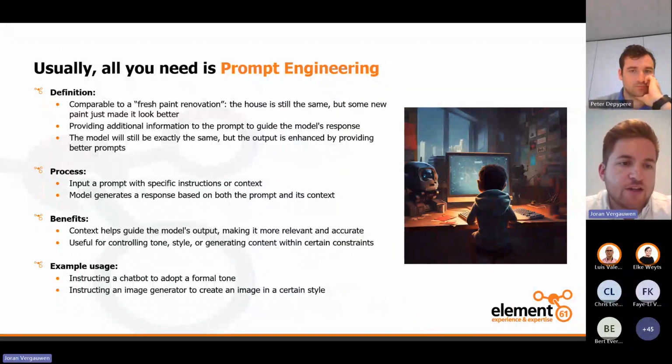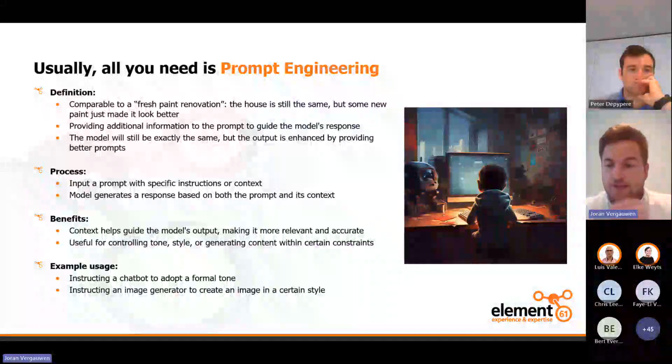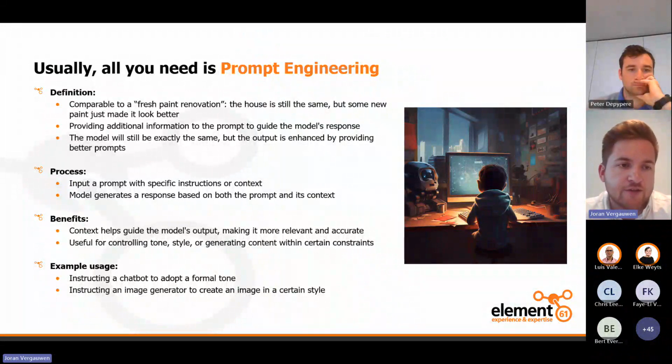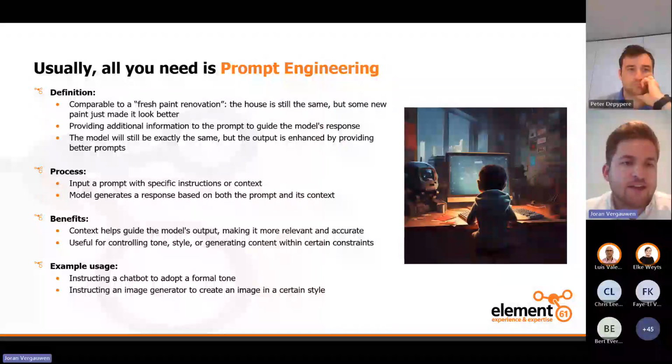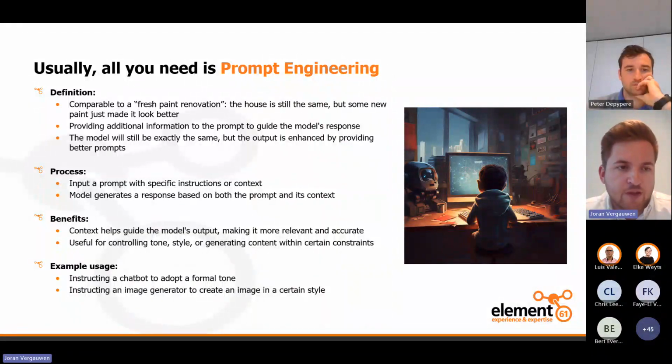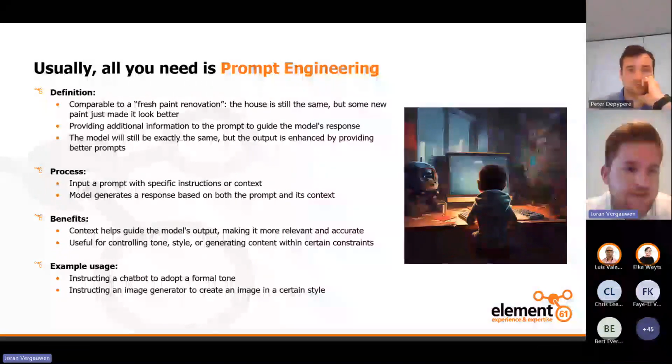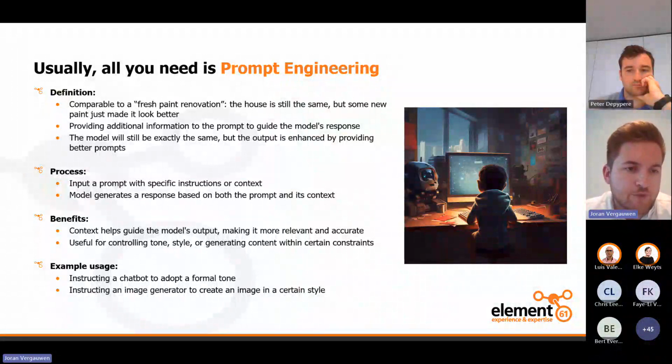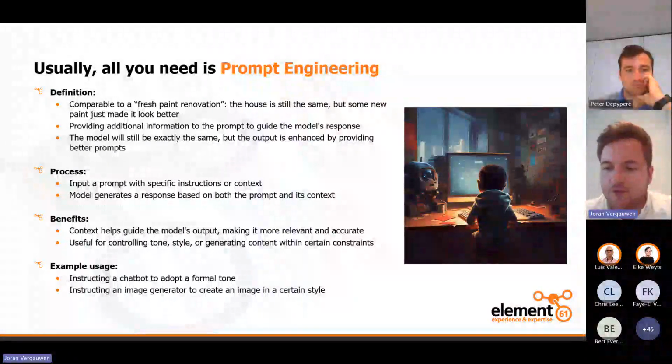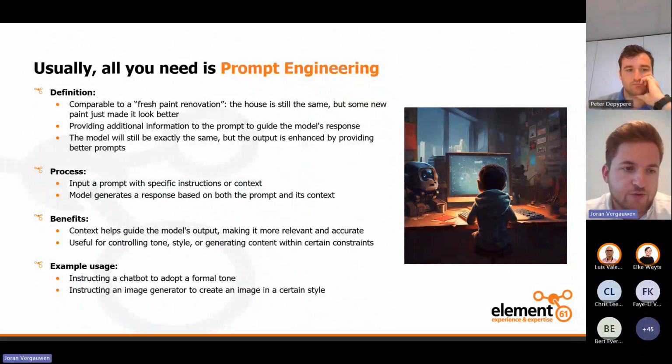So what is prompt engineering in a nutshell? It is basically providing additional information to the prompt so that you can guide the model into creating a good response. So the model will stay exactly the same, but the output is enhanced a bit by better prompts. So basically, what's the process there? You use the exact same model, but you input some prompts with specific instructions and context, and those instructions and